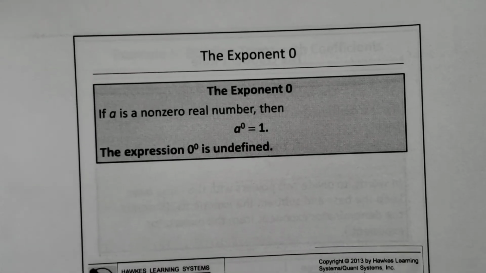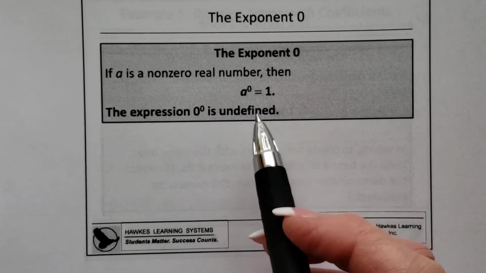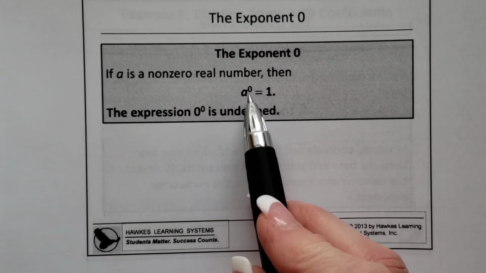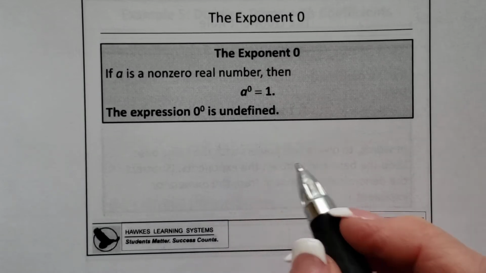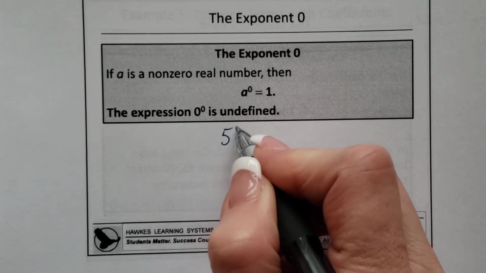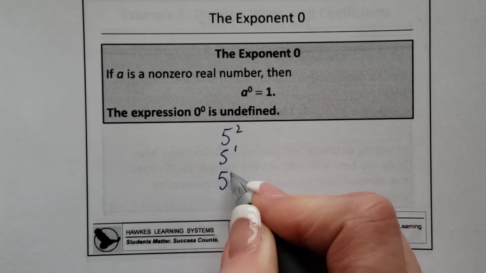All right, so that takes us to our next rule. The rule is any variable or number that's raised to the 0 power is 1. And that may not make sense, but let me just show you a quick example of why that does make sense. So in math,